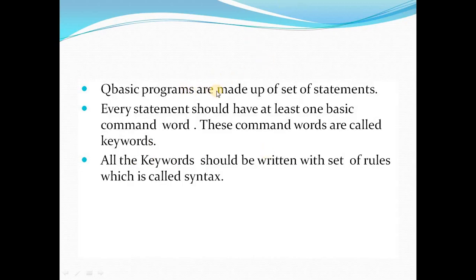QBasic programs are made up of a set of statements, and every statement should contain a command word, and these command words are called keywords. We use keywords in a QBasic program, and these keywords should be written with a set of rules called syntax.